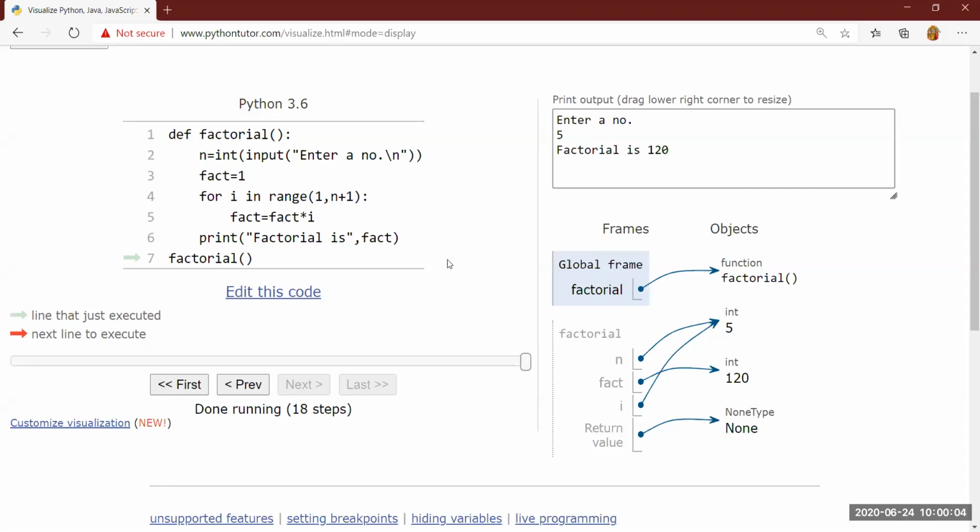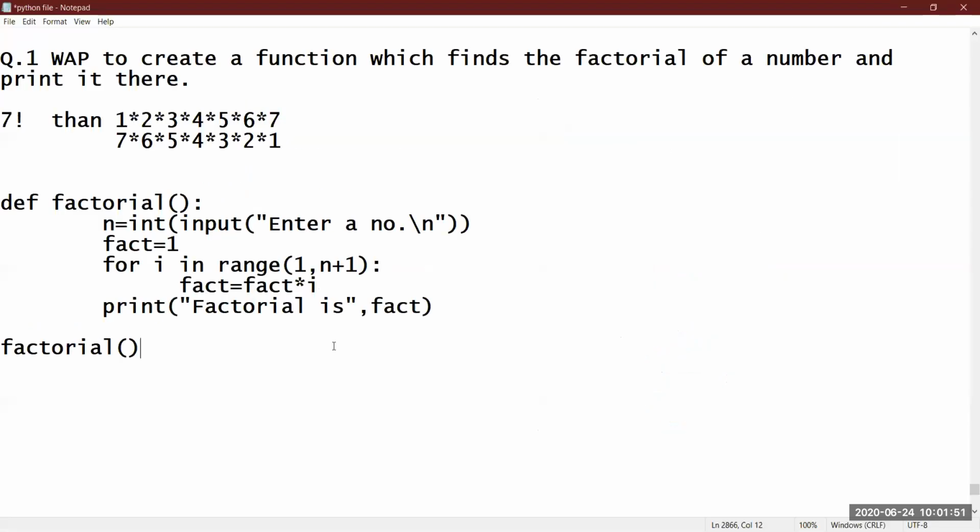Super easy technique, simple technique. Just write the code and print it there only, that we know. Okay. So this question we have done by using a non-argumented function where the result will be printed within the function only. Fine. Now let's do the same question with a return value.